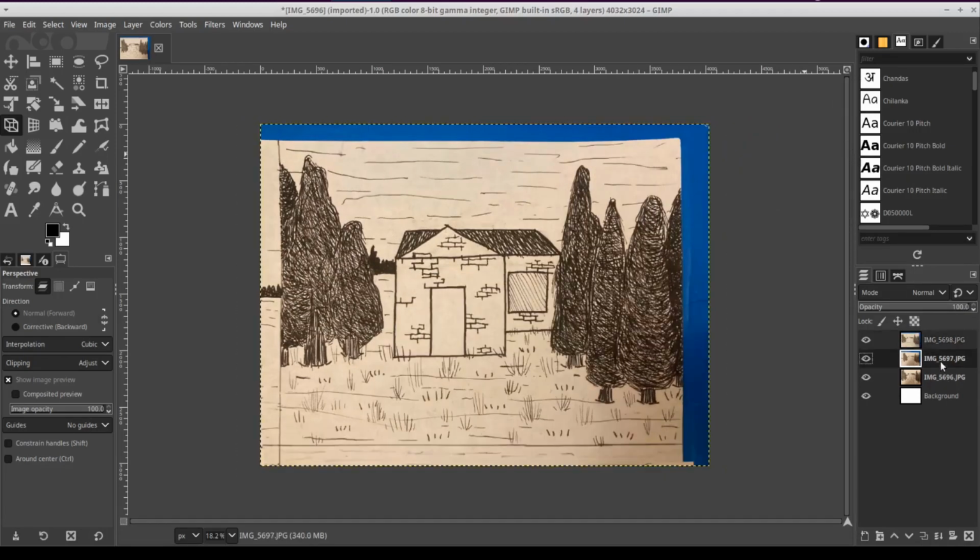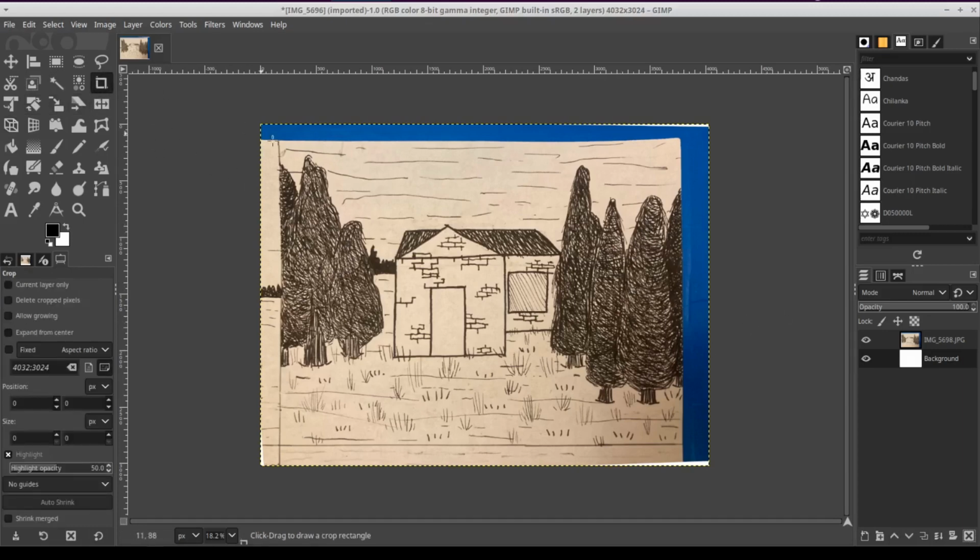And I'm going to go ahead and delete these layers I don't need. And you should be left with 2 layers if you're taking a bunch of pictures. But again, you want one that's got all the corners in the picture, and you can of course crop those out.